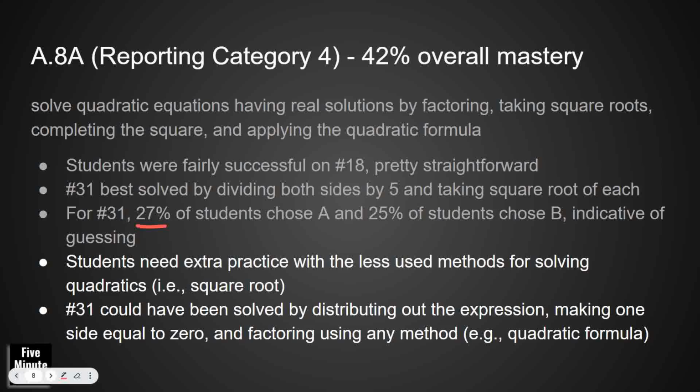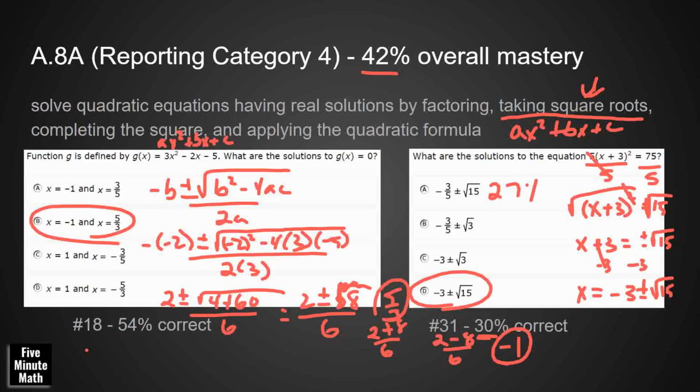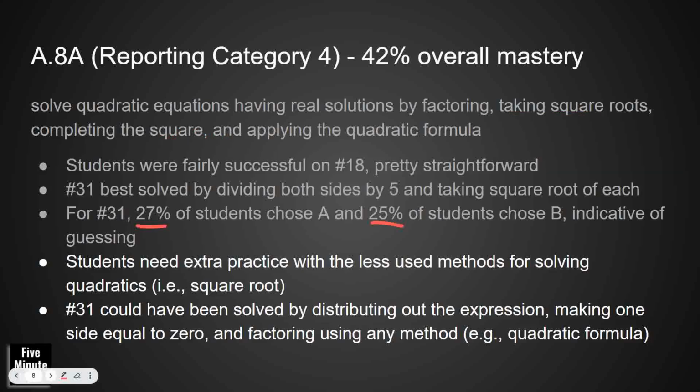For 31, 27% of students chose A, 25% chose B. So when you get 27%, 25%, you get 30%, right? And C is just what's left over. That's a lot of guessing. So really, there's a lot of students within this 30% that probably guessed and don't have the correct answer. And so that gives us a big warning that the students just didn't necessarily understand what to do. When you see all the incorrect answer choices, their percentages are close to the correct answer choice. So we need definitely more practice with less used methods for solving quadratics, such as taking the